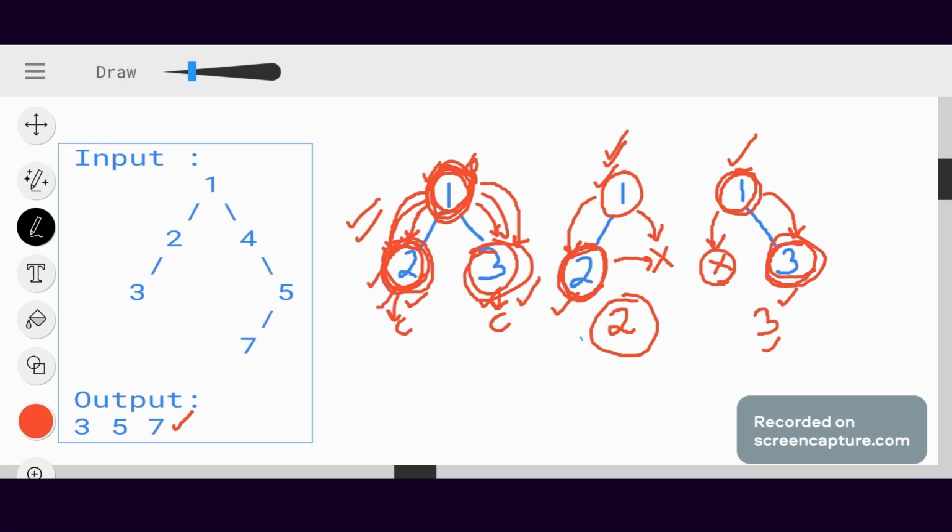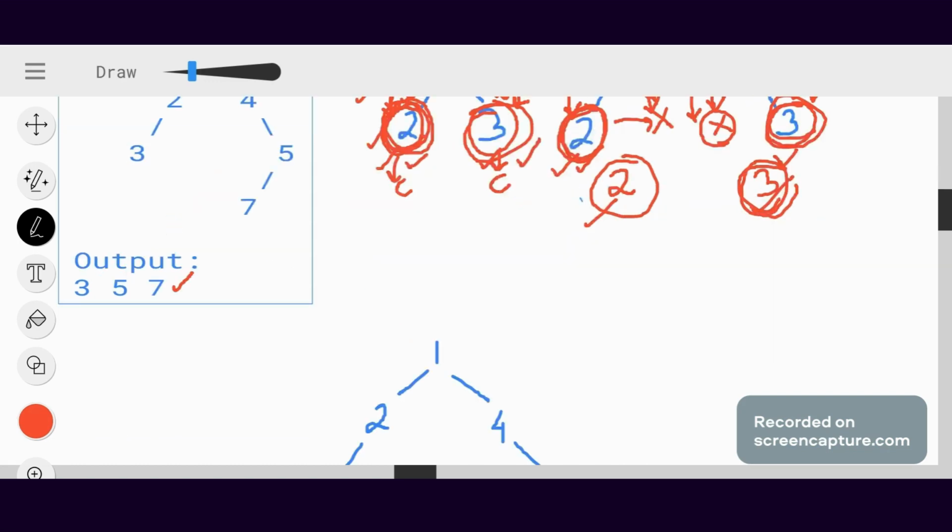So in this tree, we can see that we did not have a child node on the right side, so we printed the left child node here. Similarly, in this tree, what did we observe? We got a right child node, but we did not get a left child node. So in this case, we print the right child node. From here we have observed that whenever the left child node is present but the right child node is not present, then we will print the left child node. And if the right child node is present but the left child node is not present, we will print the right child node simply.